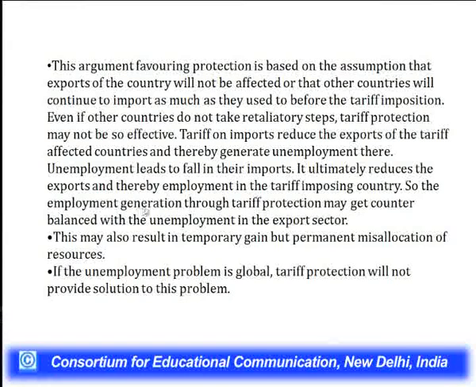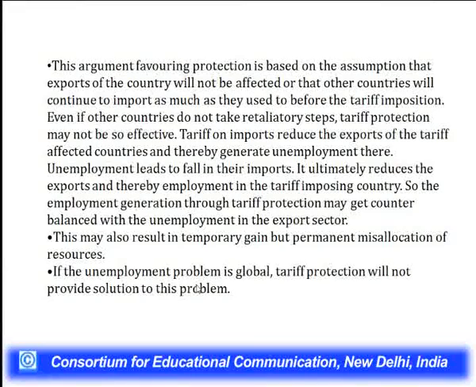So, the employment generation through tariff protection may get counterbalanced with the unemployment in the export sector. This may also result in temporary gain but permanent misallocation of resources. If the unemployment problem is global, tariff protection will not provide